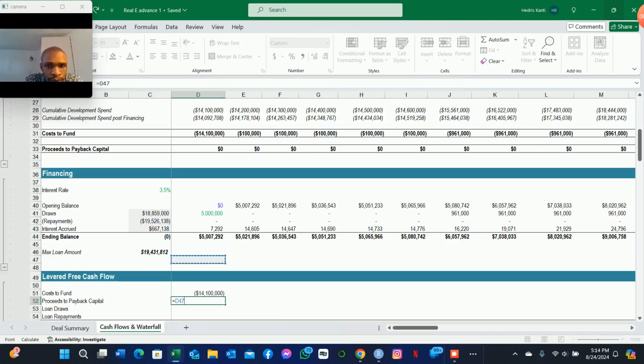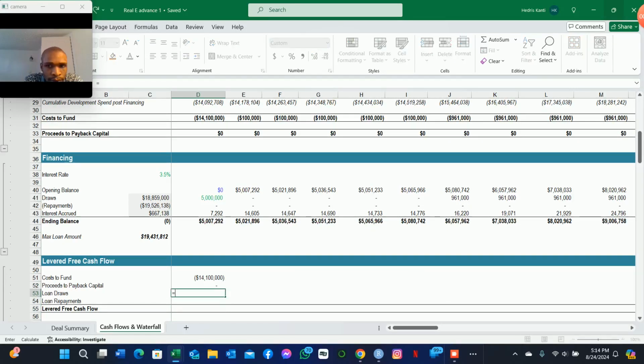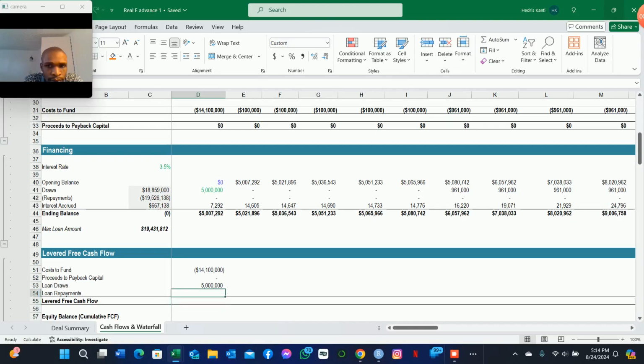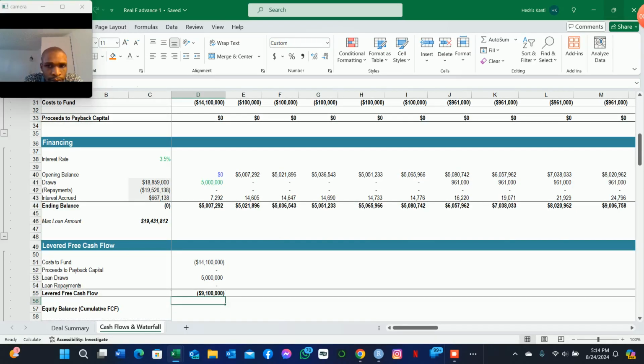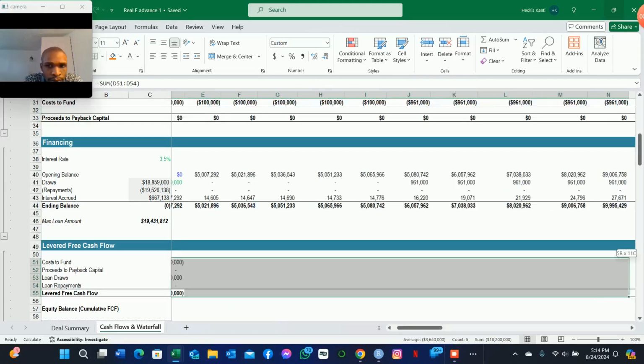In this case, approximately 14 million in the first year, and the process to pay back capital. We have that amount there, and the loan draws, which we had 5 million available for the loan acquisition. And then we have the loan repayments over here. So what we want to do is take the sum of all of those things. So the value here going forward in negative